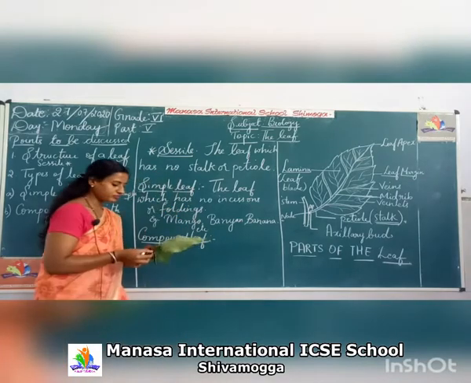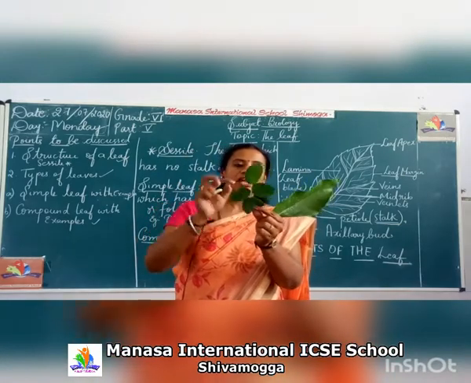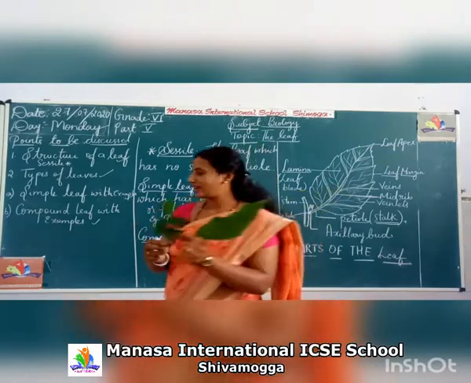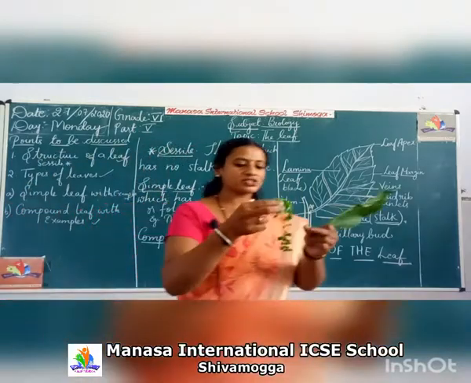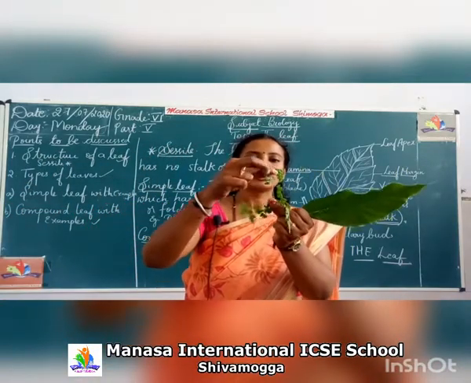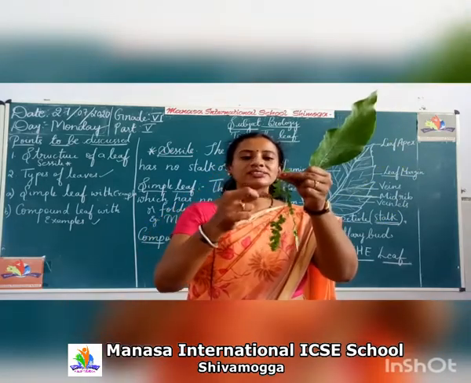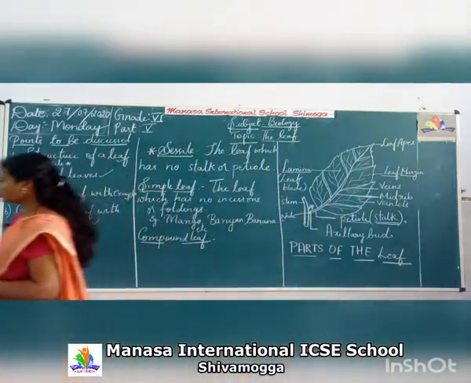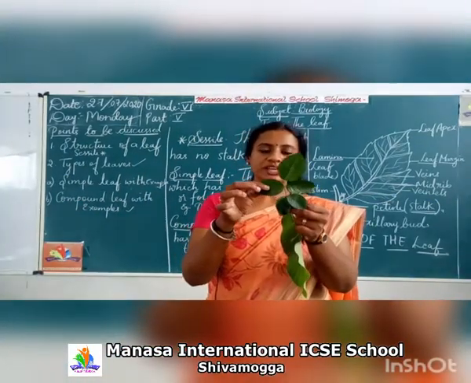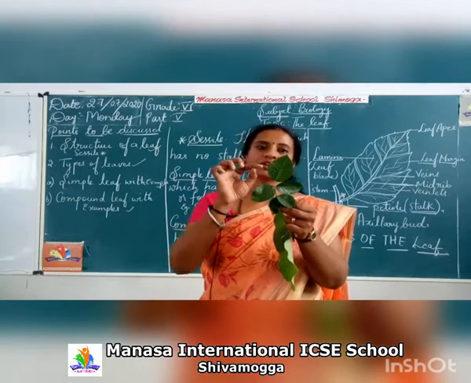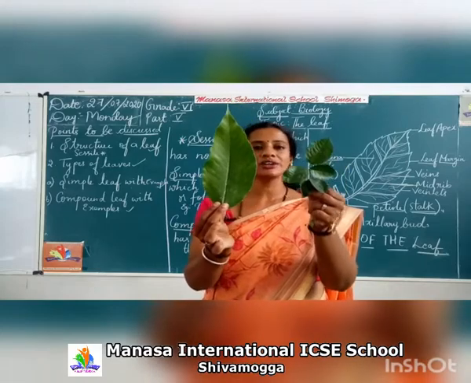Compound leaf. So you can see the difference here. The leaf margin has some incisions, right? And the best example I can give you here is drumstick leaves. Take fresh drumstick leaves and you can just observe. If the leaf lamina has many incisions, right? I'll show you. So dear students, I was explaining that if the leaf has many incisions, they are called compound leaf. So I think observe carefully that difference between the simple leaf and the compound leaf.